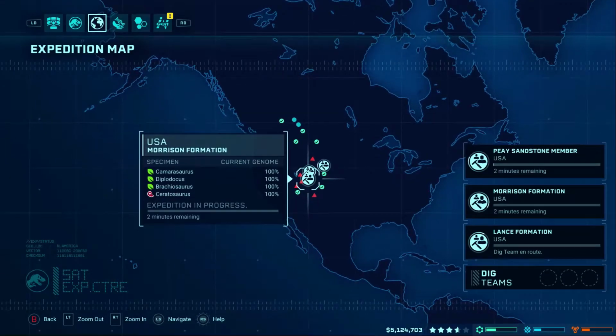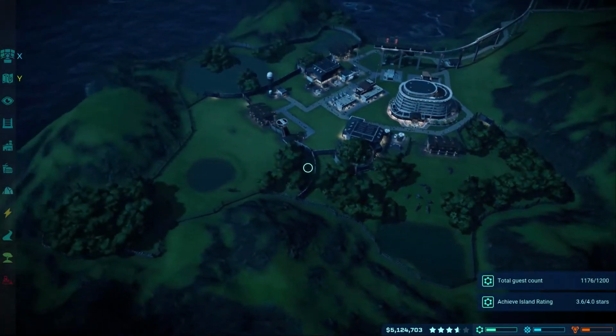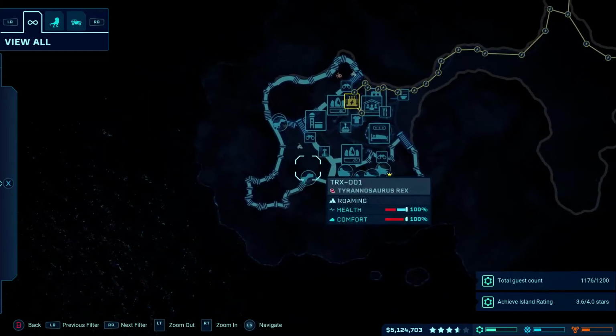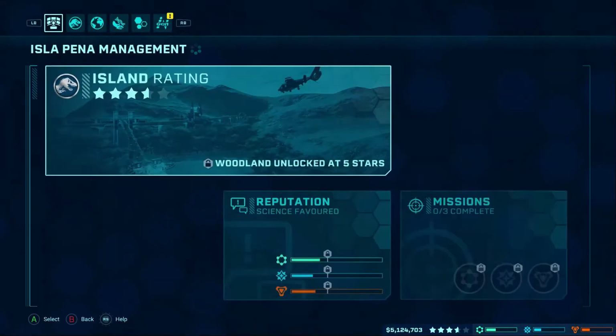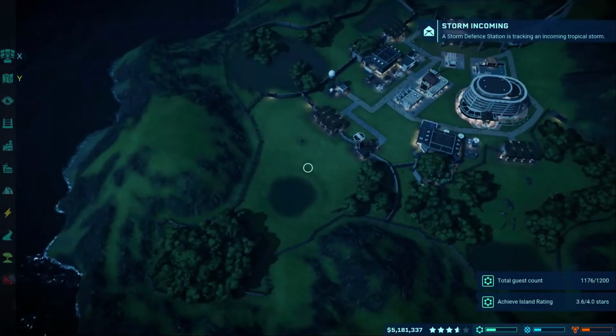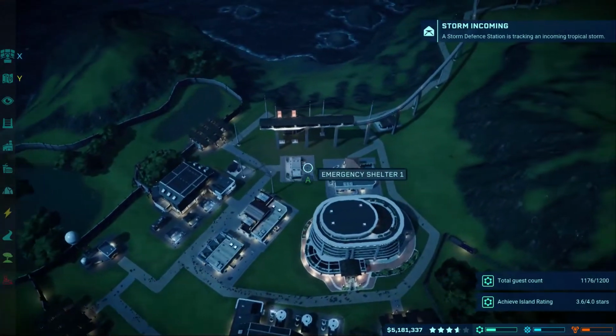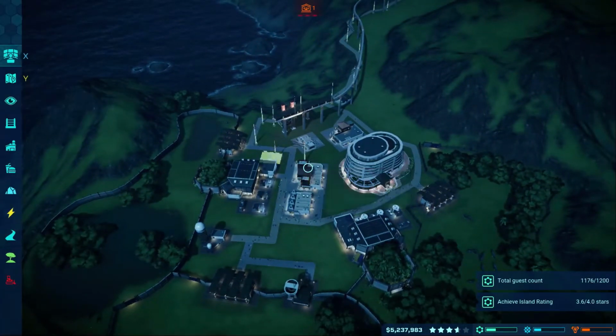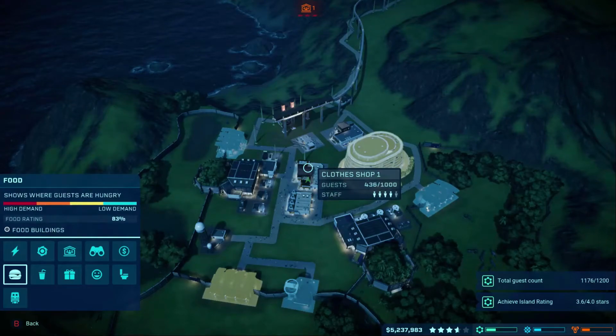When you look at what we've got now, we've got 3 functioning exhibits, all with decent rated dinos. Let me have a look at the park rating. 941 we're up to. They're still screwing us on the variety penalty, but as that goes on, it won't be as much of a problem. Storm. Oh dear. Open all the shelters. What I'm going to do really quickly now to make sure that we're progressing okay is just double check the rating for, like,